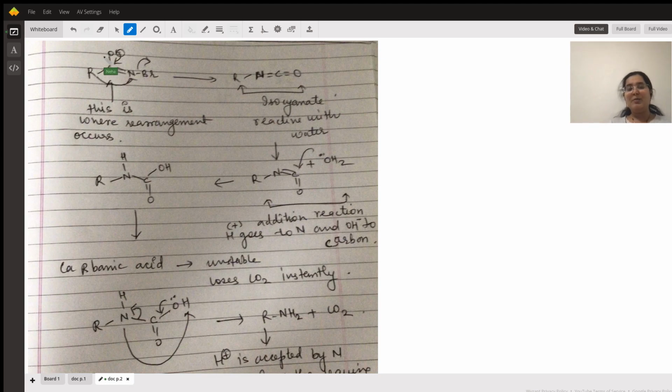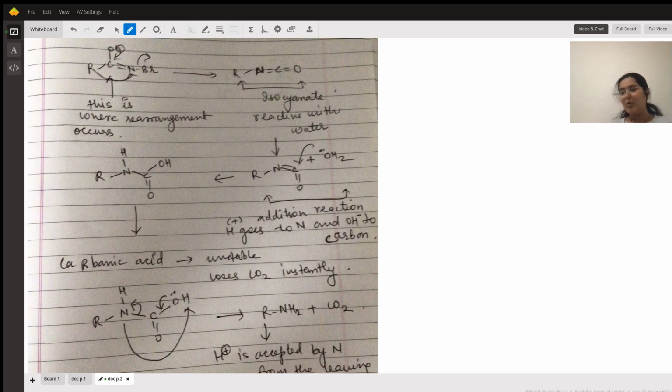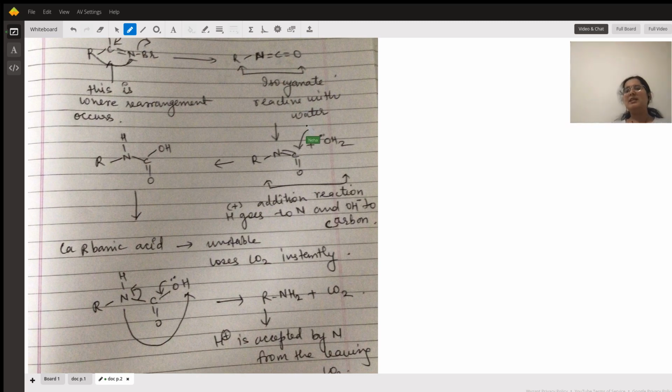So the O minus, the electrons from the oxygen, come back to the carbon, and the R group, that's the alkyl group attached to the carbon, migrates to the nitrogen, and the bromine leaves as Br minus. This is the species called RN=C=O,